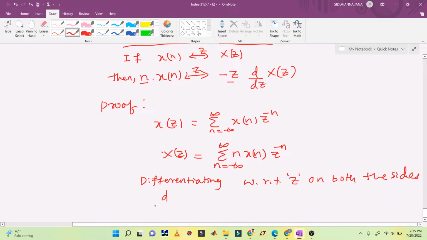So what we'll get is d by dz of X of z is equal to